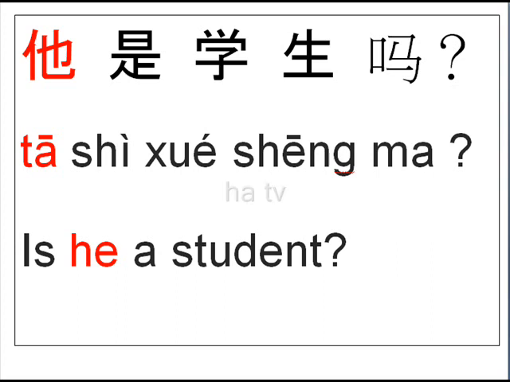Ma is a question here. 他是学生吗？ Is he a student? 他是学生吗？